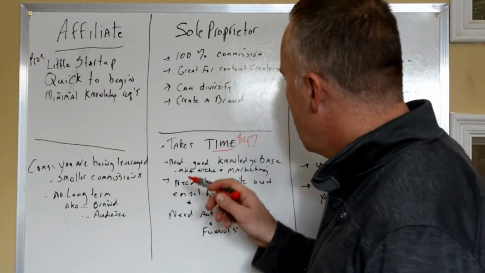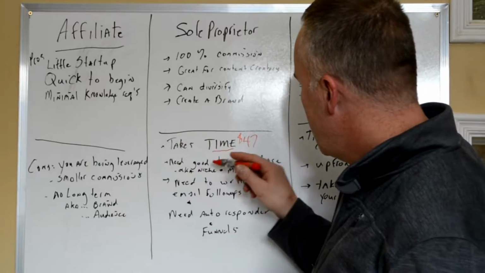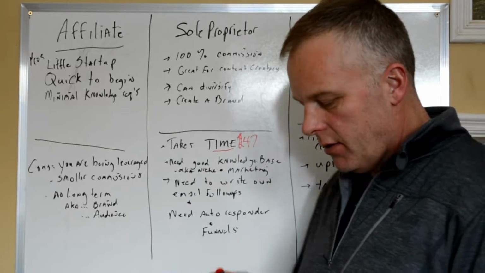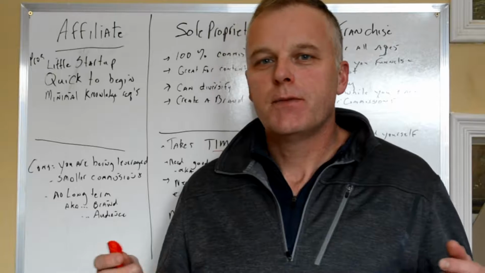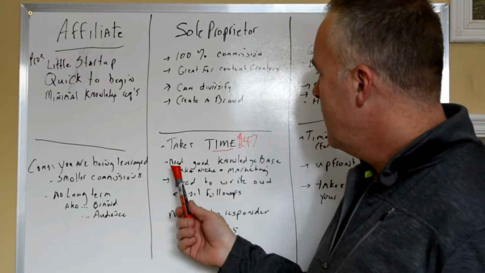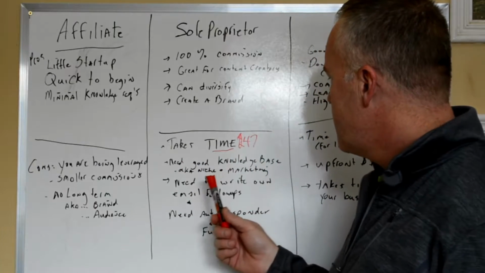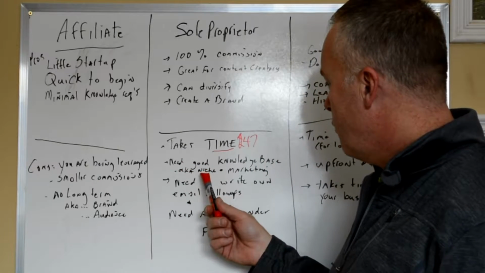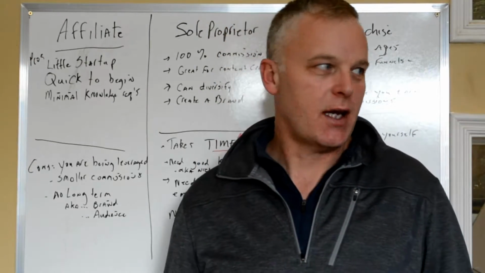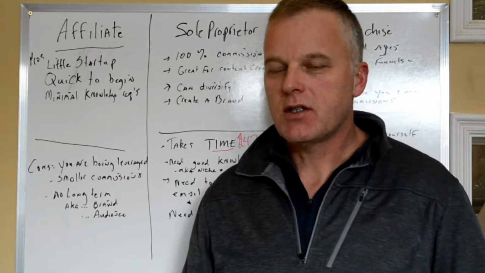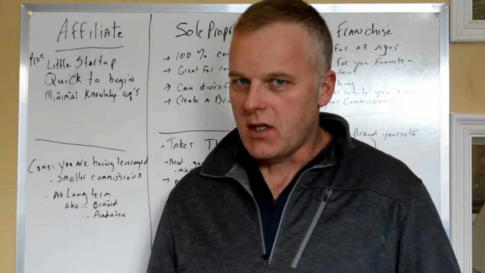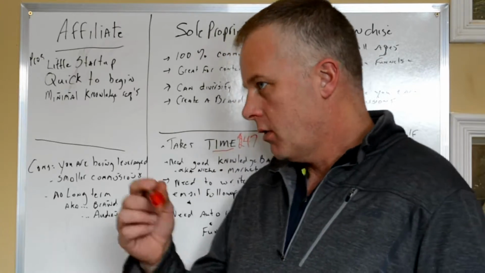So you need to be able to create content, which is going to take time, that you could sell for, let's say, $247. And then all of a sudden you only have to sell 10 to 12 per month. So, it takes time. And the second one is you need a good knowledge base, aka what niche you're going to be in, so you can market it properly. You need to know exactly what's going on in that niche, and need to know everything about it so you can create the content that is worthy of that niche. So you need a lot of knowledge.